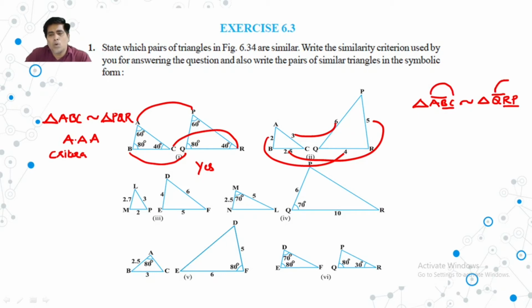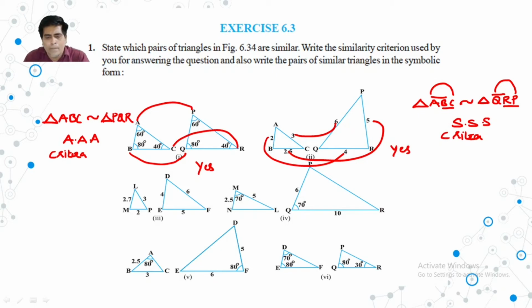And what about QP? QP is 6 centimeters here. So clearly these two triangles are similar. By which criteria? This is the SSS criteria. So by the SSS criteria, these two triangles are similar. We can write this one also as